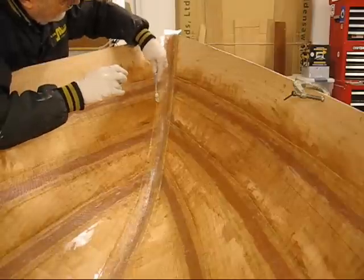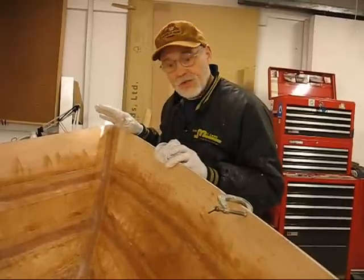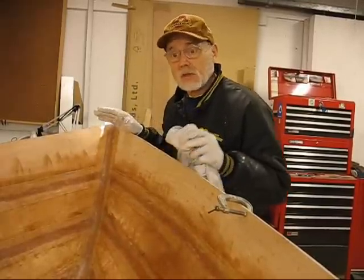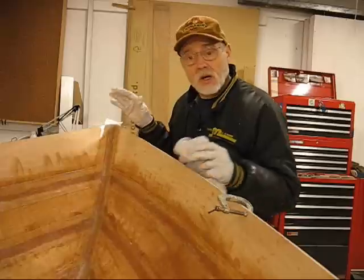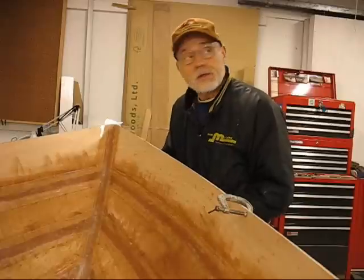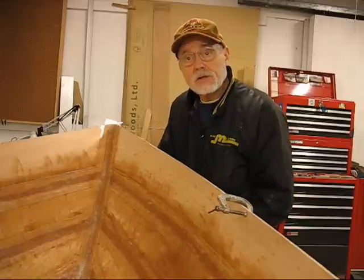Okay, I'm happy. Okay, we've got it all done. All the seams are filleted, well, they've been jump stitched and filleted, and now we've got the 2-inch and 3-inch glass tape on top of them. I'm going to let this thing cure for about 3 or 4 days now. It's Wednesday, so probably next week I'll start working on the rails,